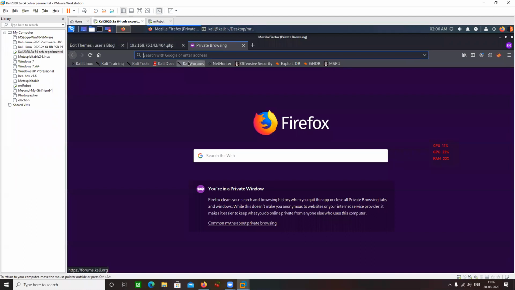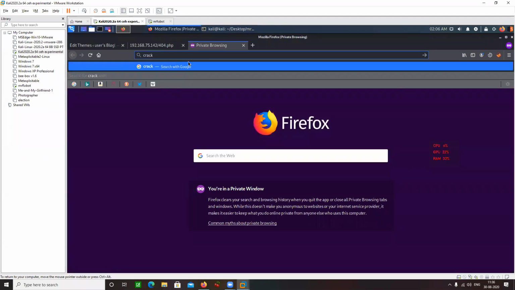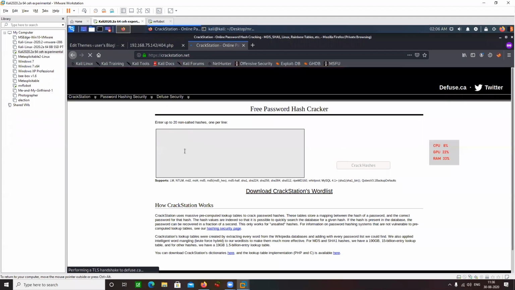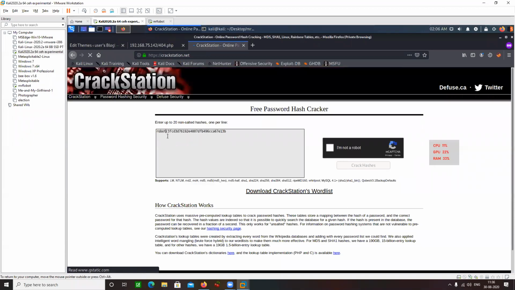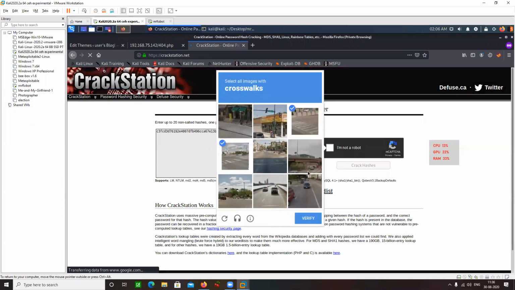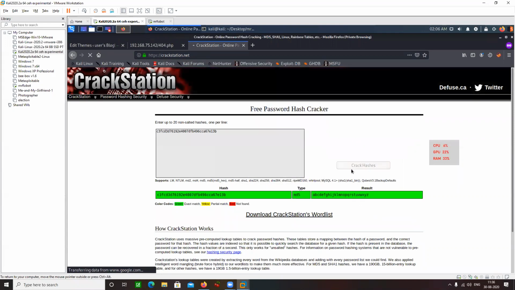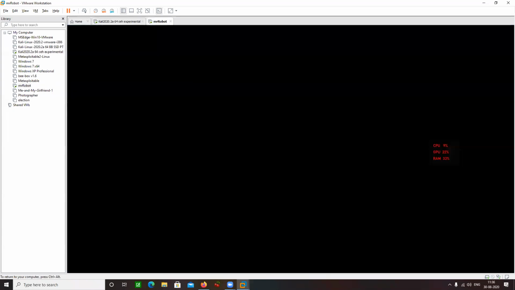Let's try to crack it on CrackStation, crackstation.net. And here is my password. The password is ABCDEFG, and you have already tried logging in with this. You can log in here as well.